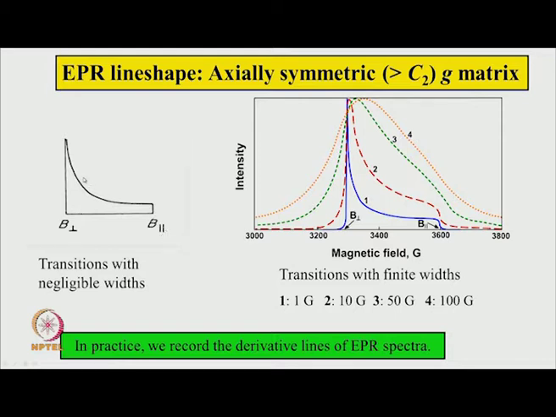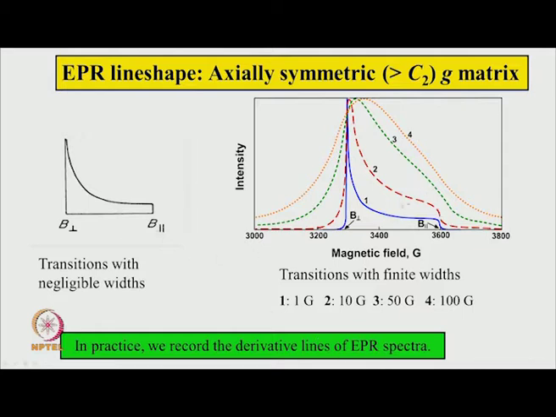Of course, this going to infinity is not a very serious issue, because these transition widths are supposed to be 0, but once we give a finite width, they all broaden and the sharp edges are gone. So, this is given here. The blue has a very small transition width of 1 Gauss, then as the width becomes bigger and bigger, see how they become less rugged. Now, here the G perpendicular value corresponds to this magnetic field, and G parallel will correspond to this magnetic field. So, we can get the corresponding values from this powder spectrum as well.